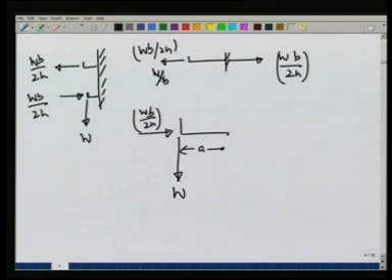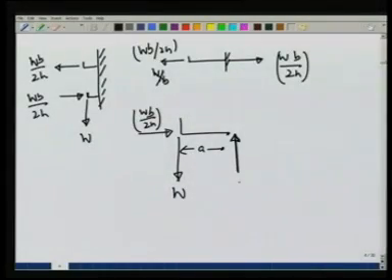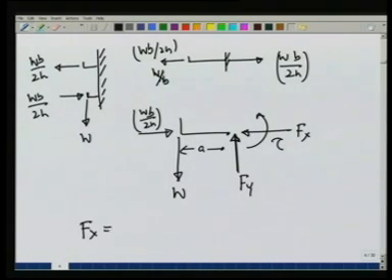Therefore, at the wall, with respect to this point, there would be a force to balance the vertical force F y. To balance the horizontal force, there will be a force F x, and there will be a torque tau. Let us see what these values are. So, straight away F x is going to come out to be W b over 2 h, F y is going to come out to be